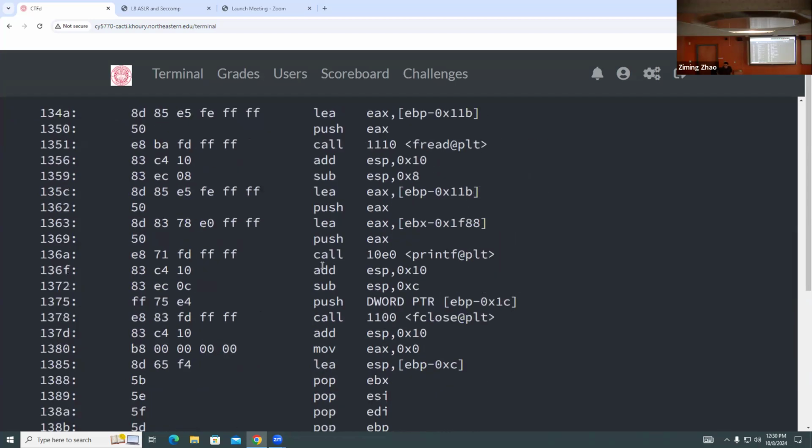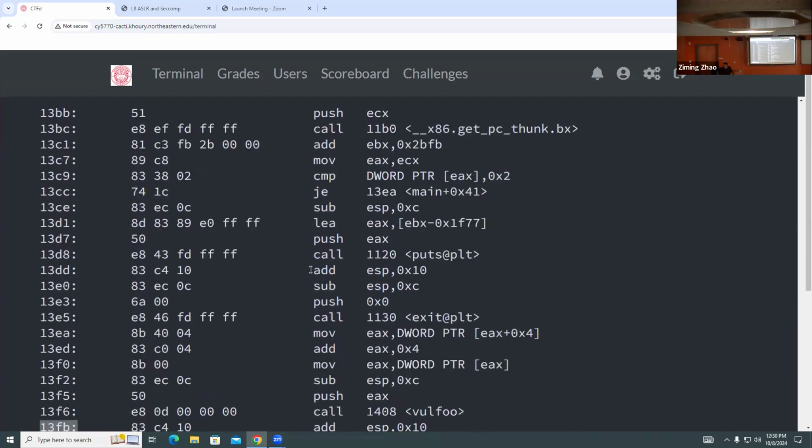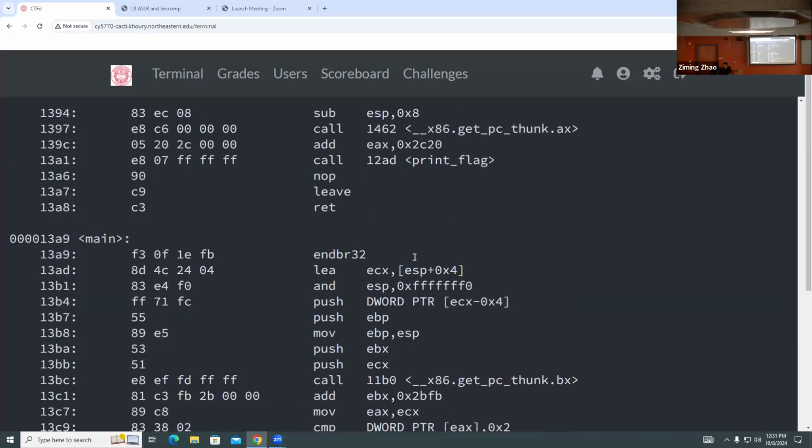We take a look at how big the buffer is. This is oh, I forgot to share my screen. Oh, you are sharing. Okay. So let's say for